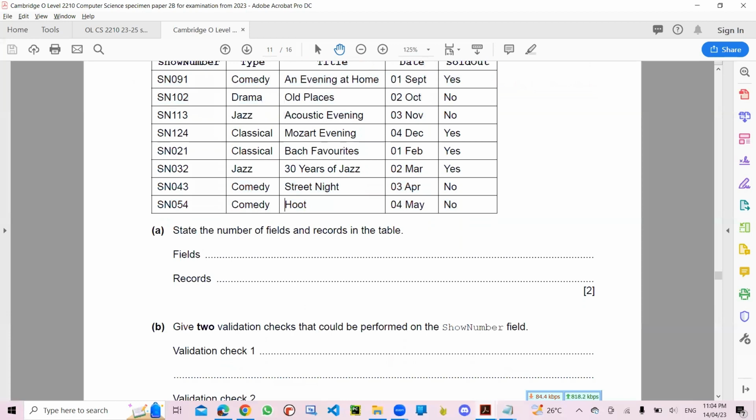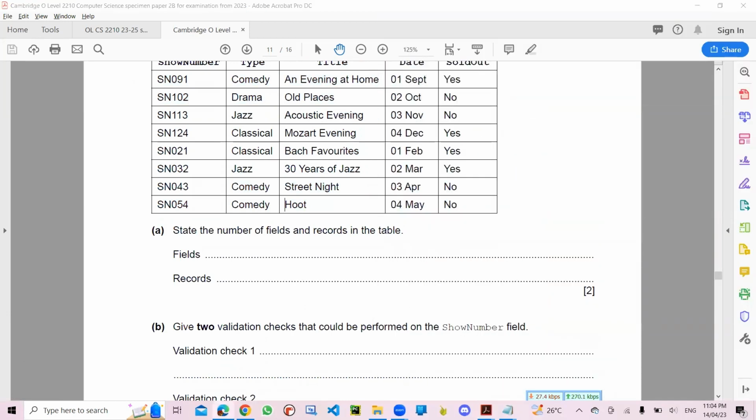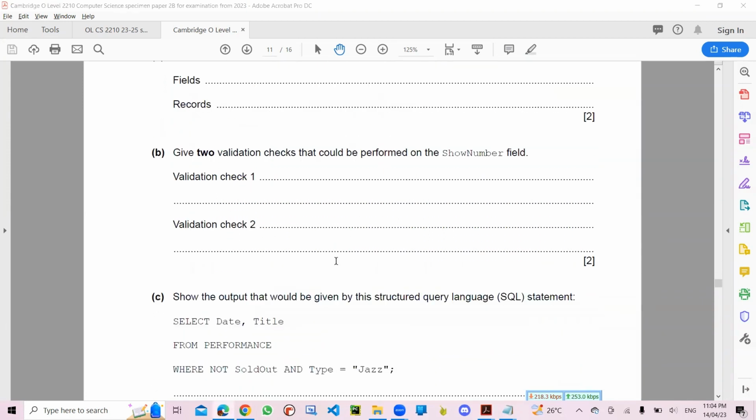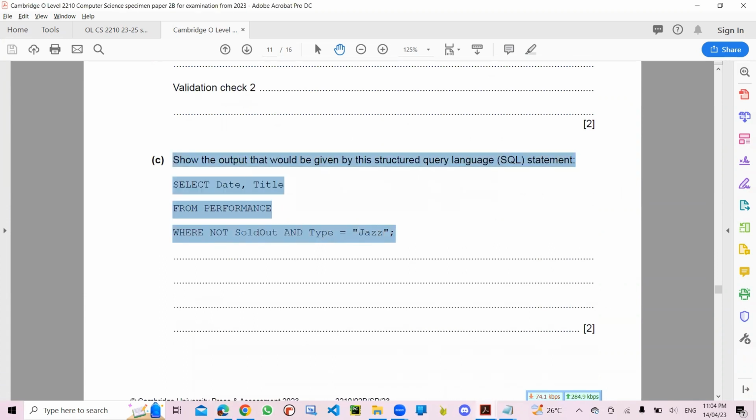और अब हमारे पास जो है, वो ये query है. Alright, तो अब हमें इसका आउटपुट जनरेट करना है। हमें सेलेक्ट करना है डेट, टाइटल फ्रॉम परफॉर्मेंस वेयर नॉट सोल्ड आउट, मतलब नॉट सोल्ड आउट का मतलब सोल्ड आउट इज इक्वल टू नो, एंड टाइप इज इक्वल टू जैज। ओके, सो अब हमें बताना है कि इसका आंसर हमारे पास क्या आएगा।